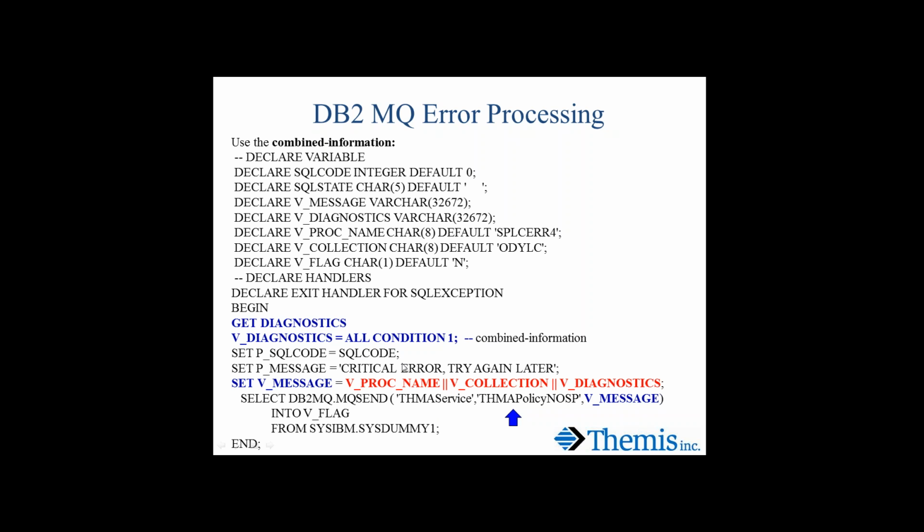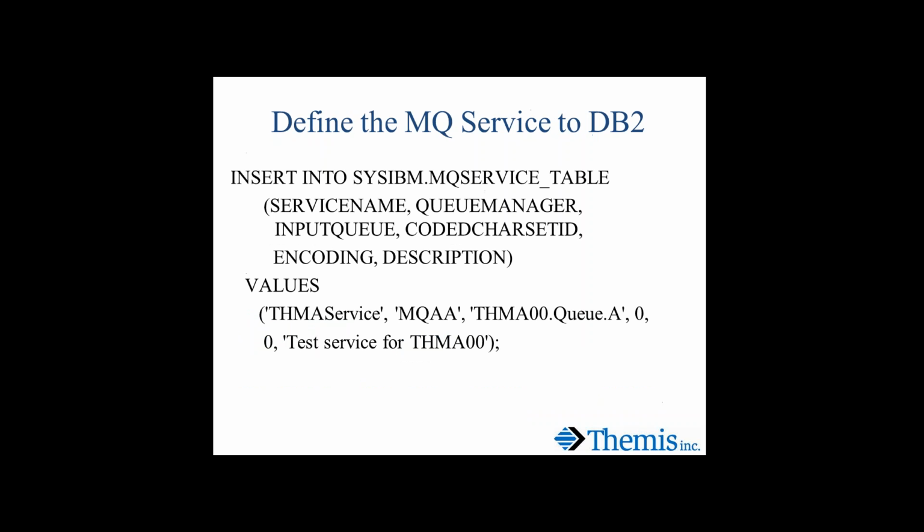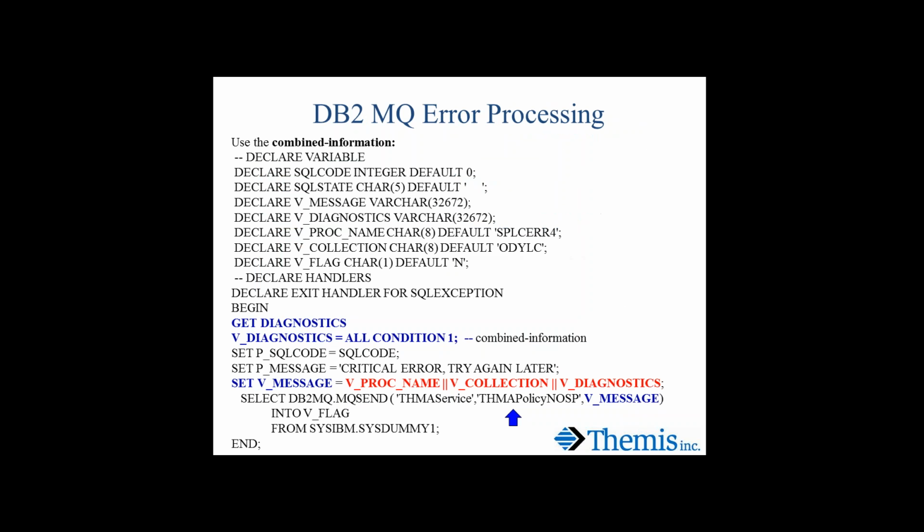So we can go out there and do the GET Diagnostics, and the easiest way to get the entire block of diagnostic information for a condition is to use the ALL qualifier. So I want to move all of the condition 1 information we were looking at, all that combined information about the condition, into a variable that is set up as a 32K block. So I have a variable called diagnostic that's defined as a VARCHAR 32K. I move it to the output parm in the SQL code, and